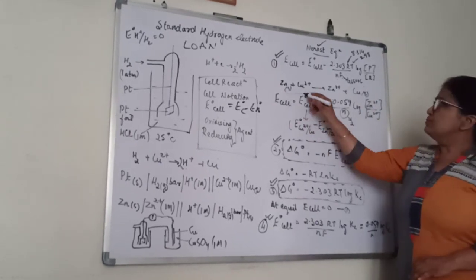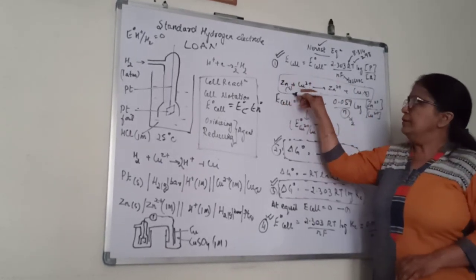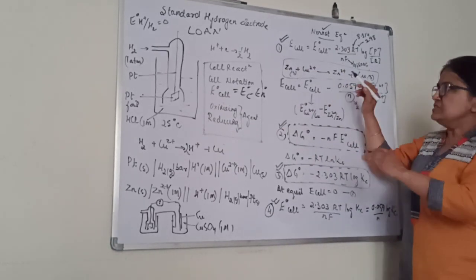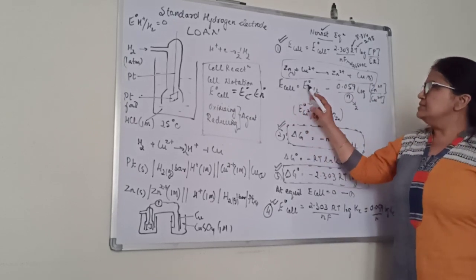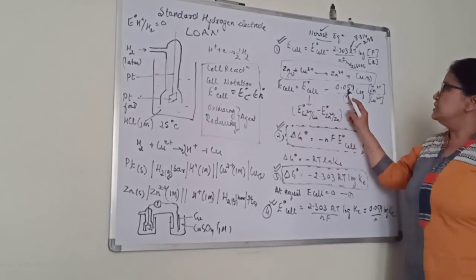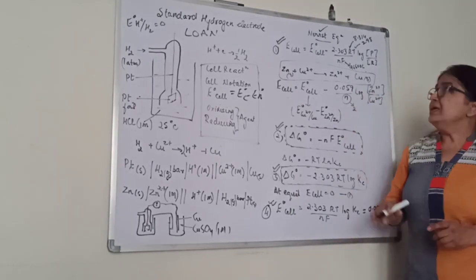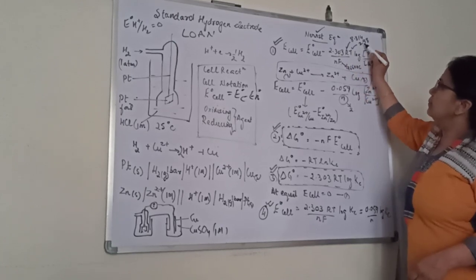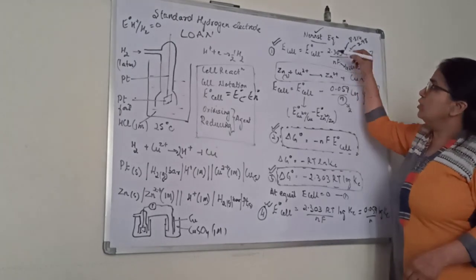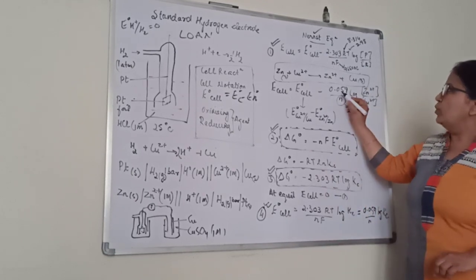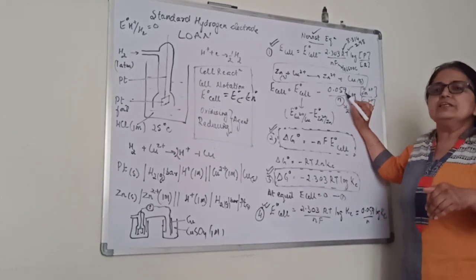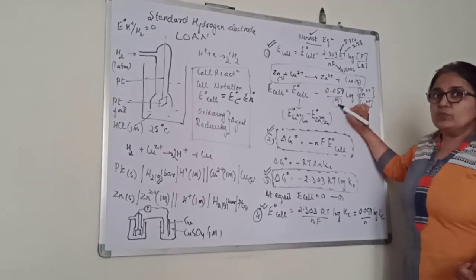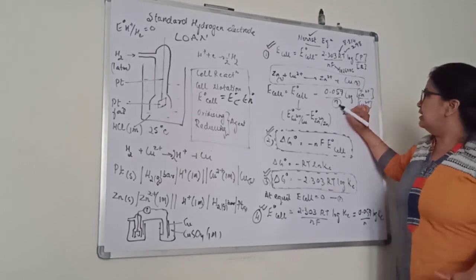Now, for this particular cell which we have written before this, if I write the Nernst equation, it will be something like this. E cell is E naught cell minus 0.059. Now what is this 0.059? There are certain standard things in it: this R value, temperature, Faraday. If I put all these values and calculate, I will get 0.059. To simplify the calculation, for solving numericals, we are doing this. N is left over, that varies depending upon what cell we are taking.